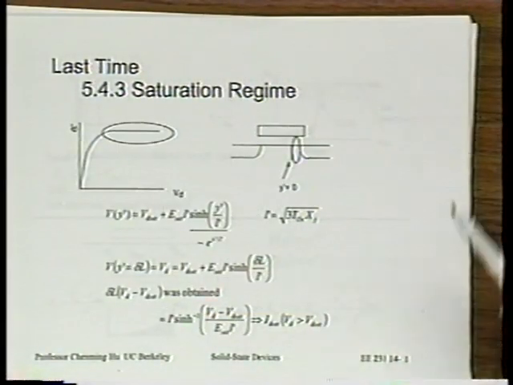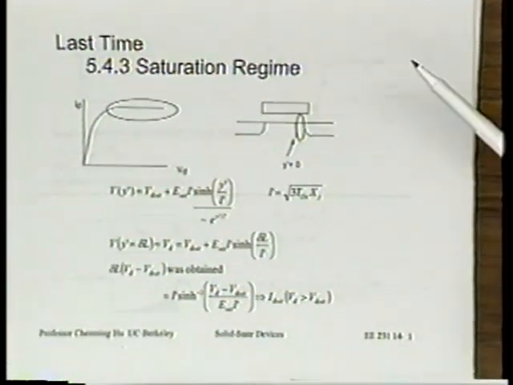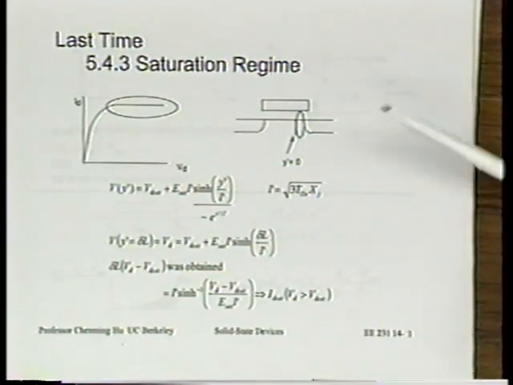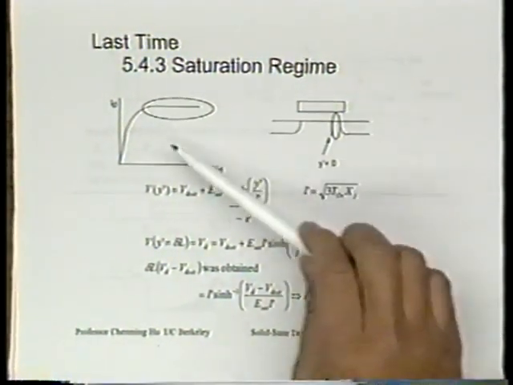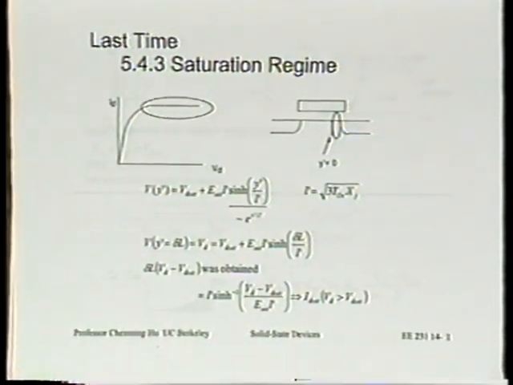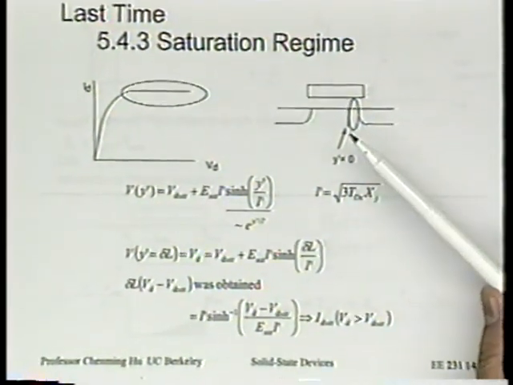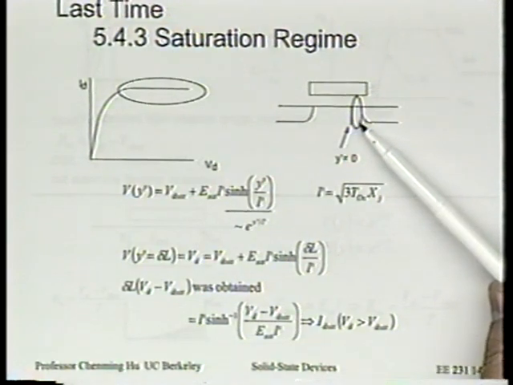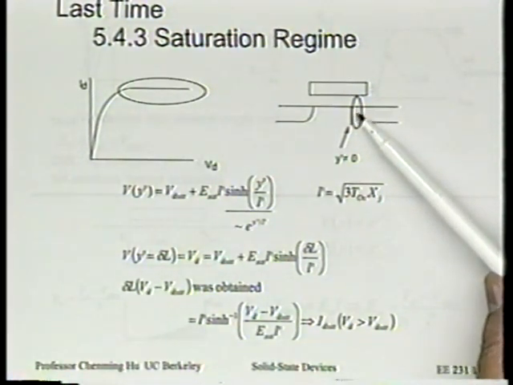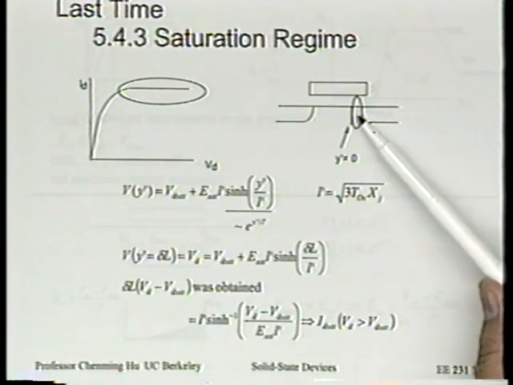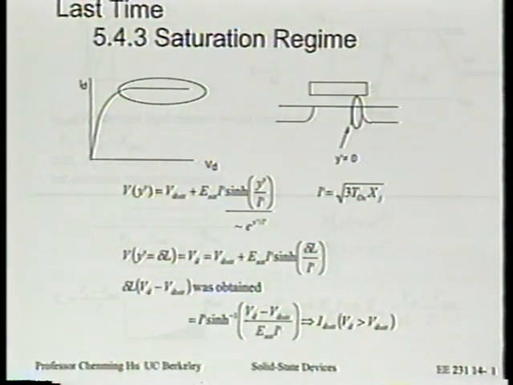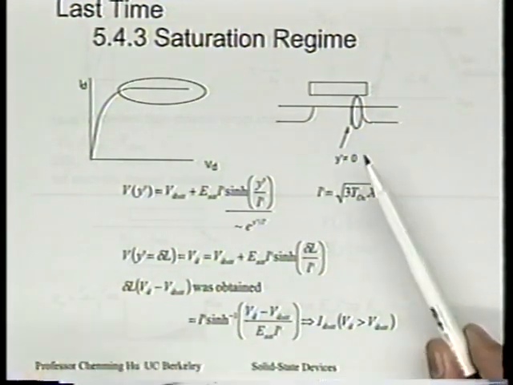start by reviewing the topic that we discussed in the last lecture. We concentrated on what happens in the saturation region of the IV characteristics, and particularly a phenomenon known as channel length modulation. As VD increases, the length of this pinch-off region or the velocity saturation region increases. Right? So we developed a model which started by analyzing the